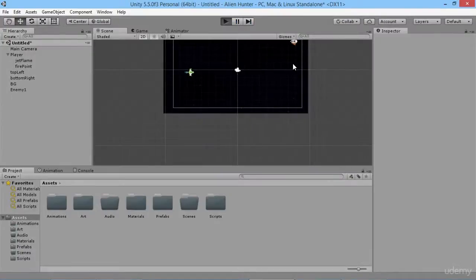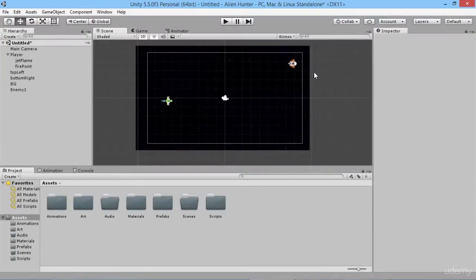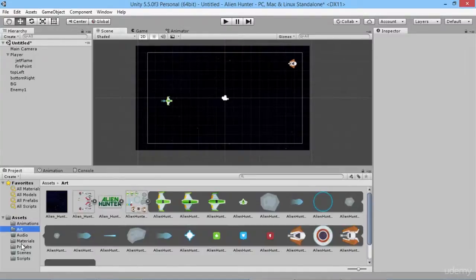Let's go ahead and take a look at what we want to do next, which is, so it's fine, our enemy can move down the screen, but he's completely defenseless when our player arrives in here. So let's give our enemies the ability to fire back at our player. So now that our enemies are able to be destroyed when we want them to, we want them to cause more of a threat to our player, so let's make our enemies be able to fire a laser back at us. Now to do that, what we're going to do is use the same bullet controller that we used for our player's laser,